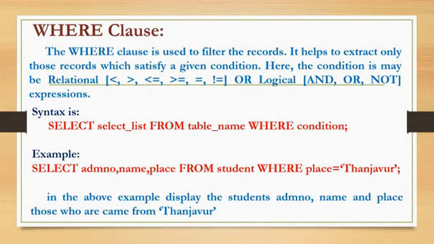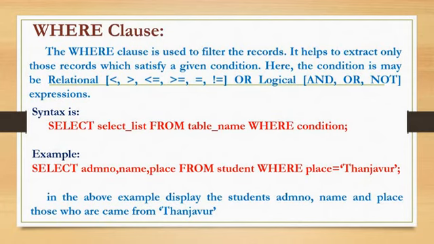Then logical operators. There are 3 types of logical operators: and, or, not. The and operator is used to compare two expressions, that means two relational expressions. If both expressions return true, the result will be true, which means the condition is okay, and then only the next statement will be executed. The or operator will be satisfied if any one relational expression is true.